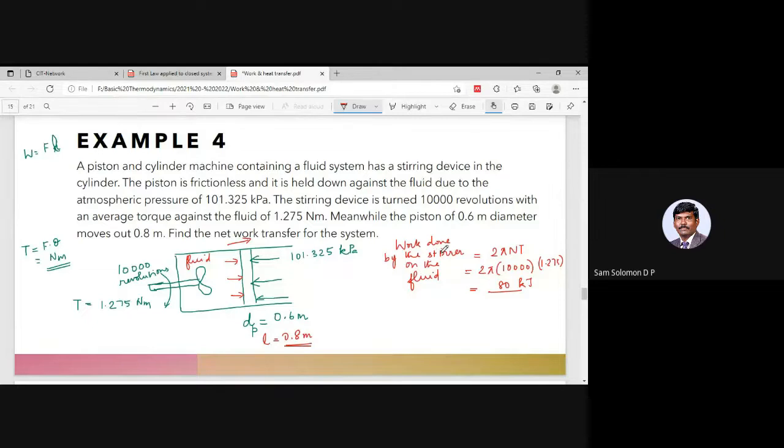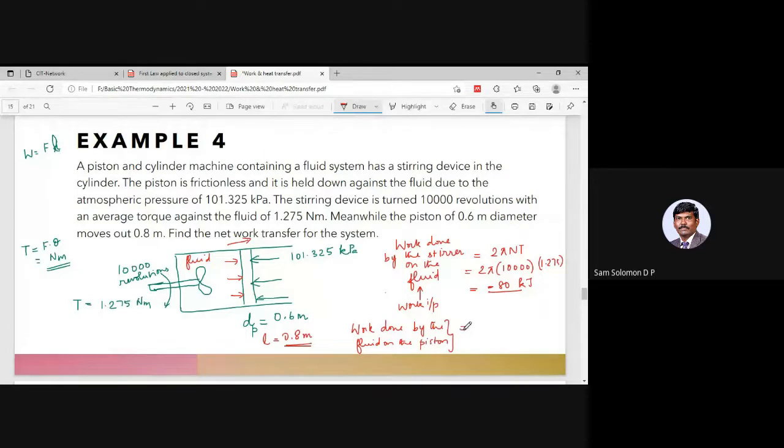So this is work done by the stirrer on the fluid. So this should be taken as work input, and so this guy is negative. Okay. The second case is now this fluid is going to do some work on the piston, that is to be taken as work output. So work done by the fluid on the piston,